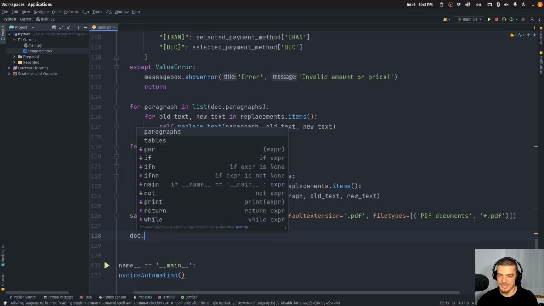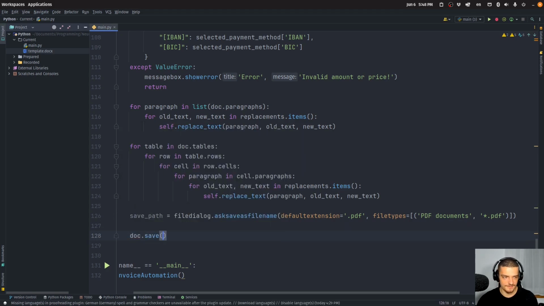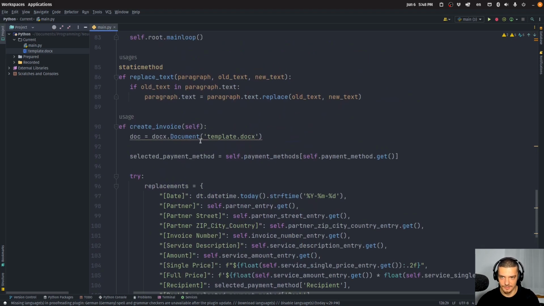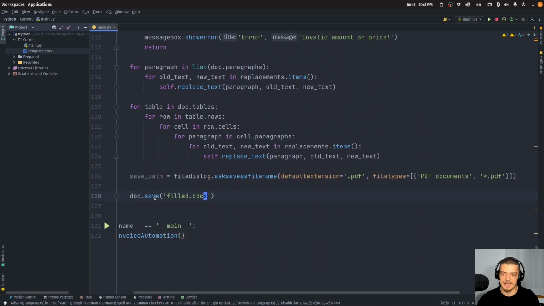Then we're going to save our doc file. So we're going to save this as filt.docx. So this is going to be the template replaced, all the values replaced, filt. And then we're going to save this as a docx file, and we're going to use LibreOffice to convert this